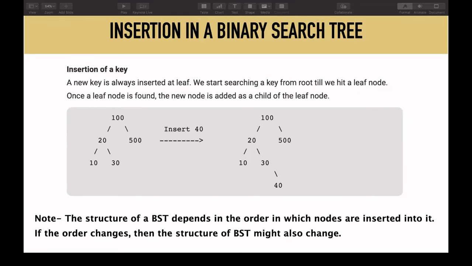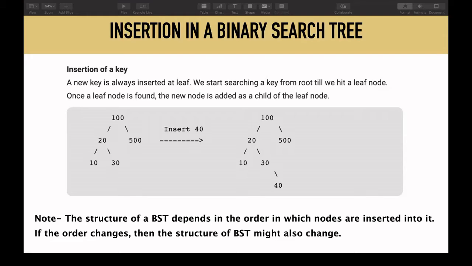Okay, so how to proceed? I mean, how to insert the value 40? As I have already said, the binary search tree property should also hold. I cannot insert 40 at any random position, because it might destroy the property of the binary search tree. So I need to insert 40 at a place such that after inserting it, the property of the binary search tree still holds.